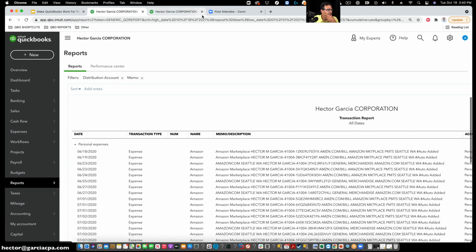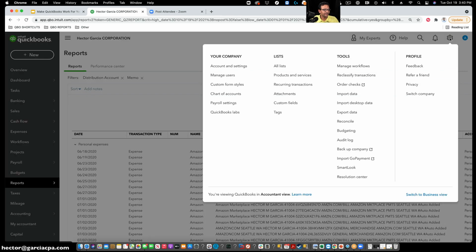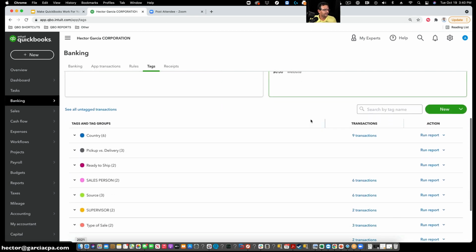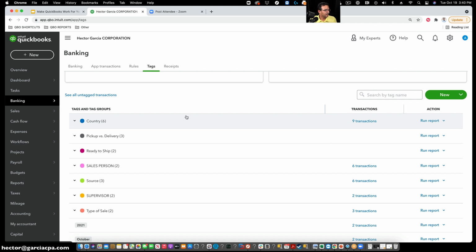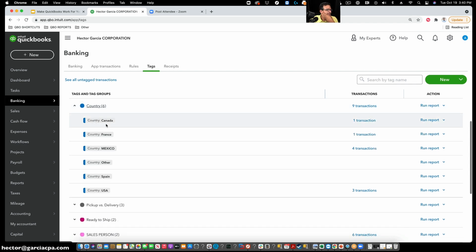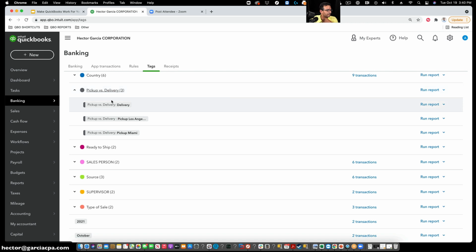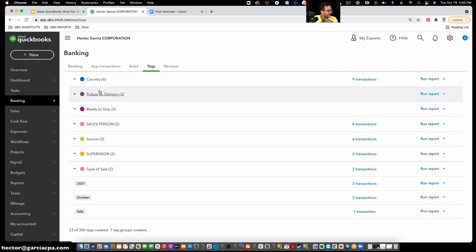Let's go back into QuickBooks Online here. We're going to click on the gear menu, top right, and then we're going to click on tags to give you a general idea how tags work. Now, in this company file already created, I've done so many examples of tags. For example, I created a tag group called country, and I tagged for Canada, France, Mexico, other, Spain. I created a tag group for pickup versus delivery. I created a tag group for